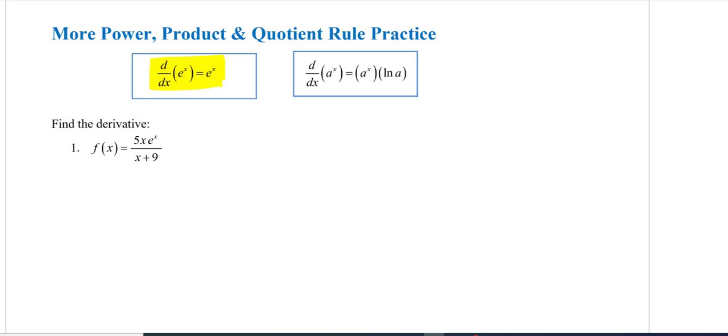Okay, the other exponential function that we're going to study is any constant to an exponent that is a variable. So something like a to the x, 2 to the x, 5 to the x. That derivative is itself, similarly to e to the x, but then you have to say times natural log of a. Because technically, if we have a function e to the x, its derivative is actually e to the x times natural log of e.